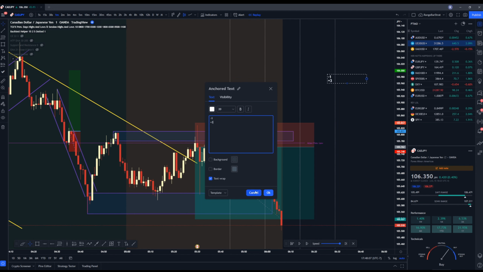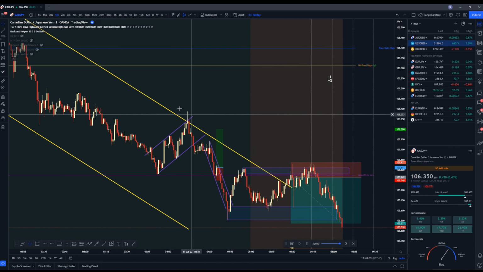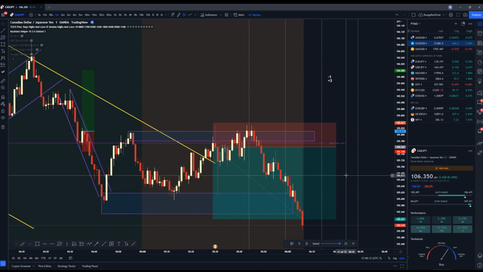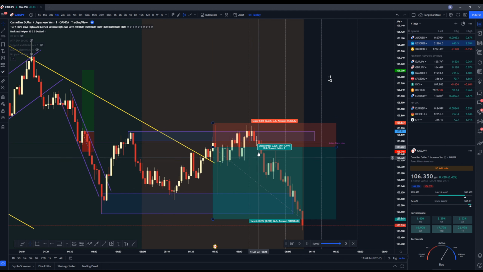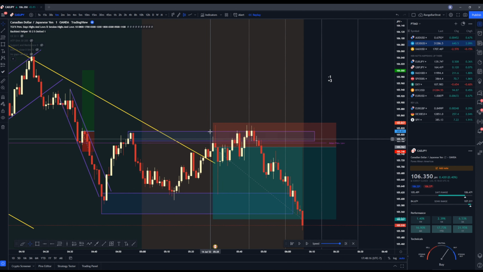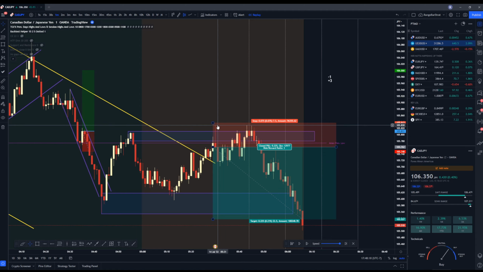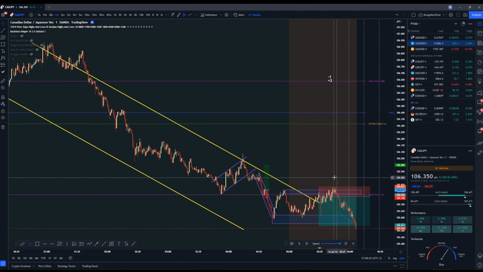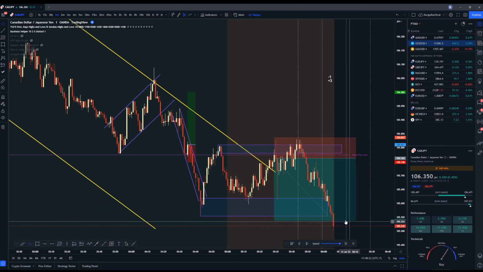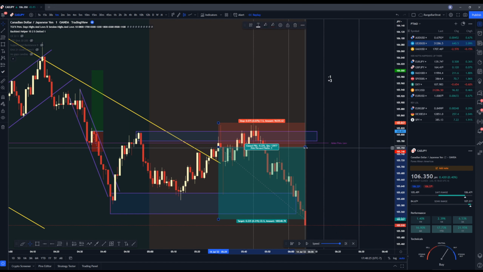So now we made our new low after breaking out of this trend here. We probably could have had a better entry if we just waited, but this wick was just too good, too juicy to pass up, you know what I'm saying? I want to get to the next 15-minute candle to see where we could potentially go next.